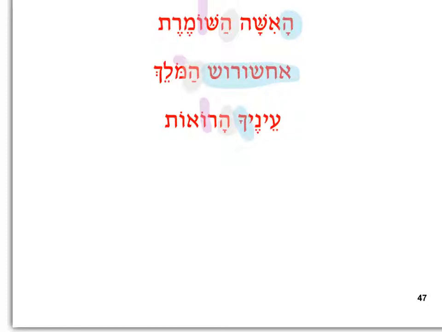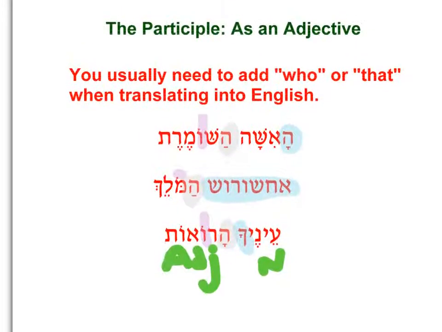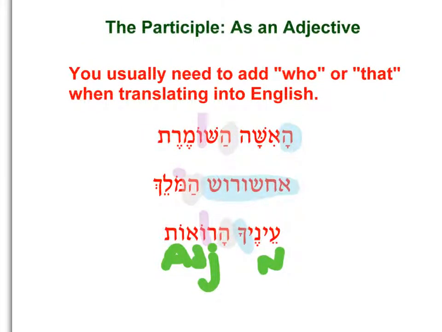Okay, so I have that he prefix before my second word. So my first word is my noun, and my second word is my adjective. Okay? Now, how do I translate this? So in order to translate this into English, the best thing to do is to add who or that between the 2 words. So ha'isha hashomeret would be the woman